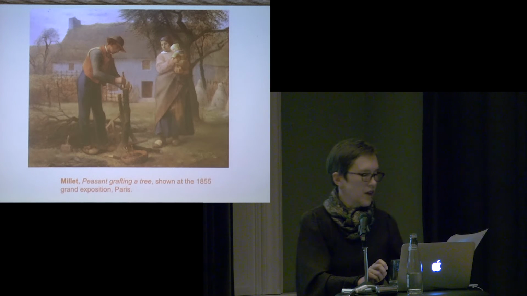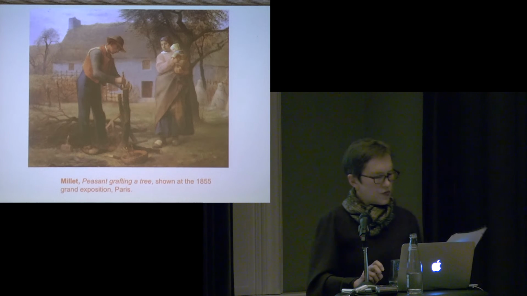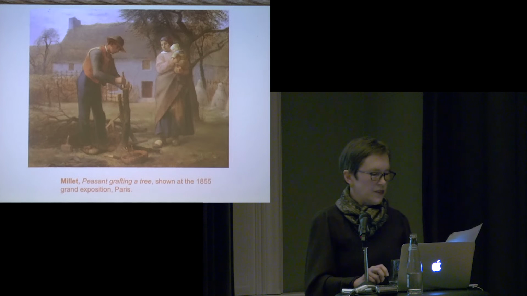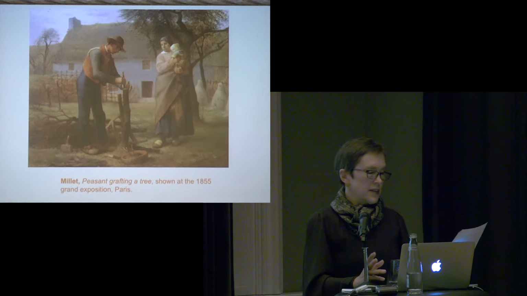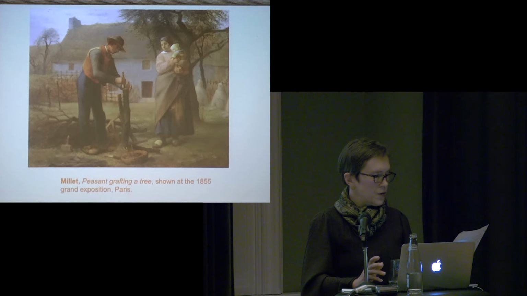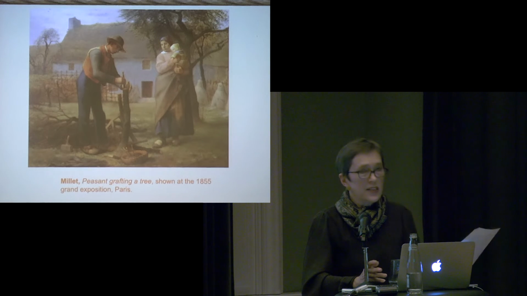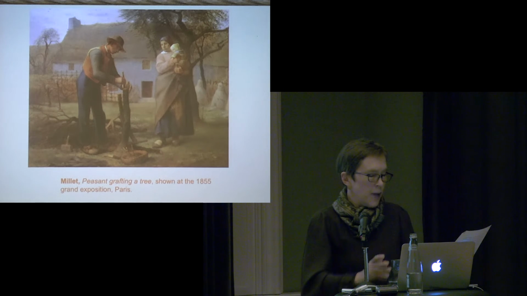As one historian describes it, for Peasant Grafting a Tree, exhibited in the World's Fair of 1855, Millet tempered his usual brutal realism, perhaps in response to government pressure to display non-controversial themes for this international audience. This, then, was Millet as the conciliatory Barbizon realist rather than the brutal portraitist of the poor. The marketable French artist to whom the Dutch-dwelling Israels would be so consistently compared, a predicated internationalism that it seems